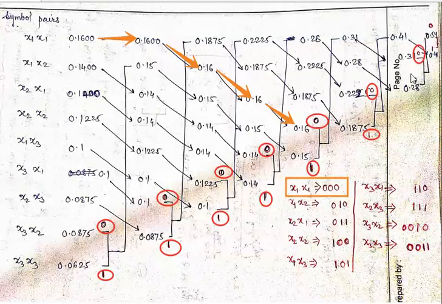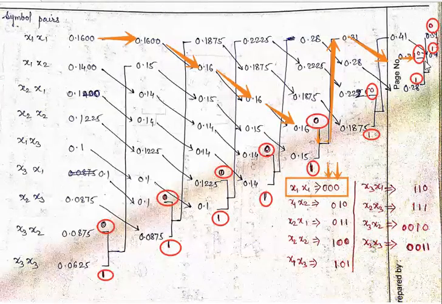So let me point out these values first, so that it will be clear to understand what exactly the procedure we have done. This is the first bit, that is 0. So this first bit will be here. After this bit, the path will go like this. Next value will be here, that is 0. So this is the second 0, and after this it will come down then up. So it is 0. This 0 is here. This is how 000 will be the code word.